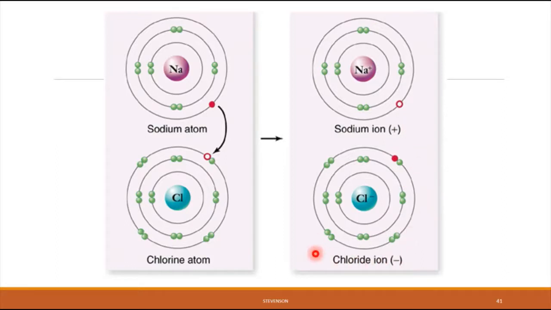And as a result, chlorine now has 8, and sodium has lost its outermost orbital entirely, making the next level its true outermost orbital, which already contains 8 electrons. So in this exchange, both sodium and chlorine are satisfied. So that's an example of a bond, an ionic bond, that forms through the